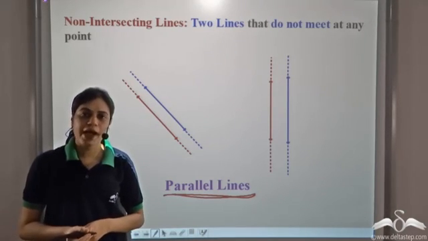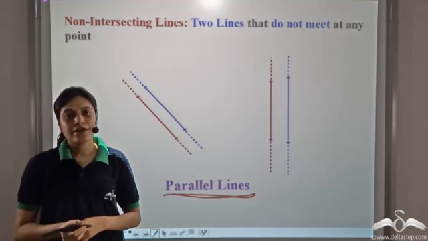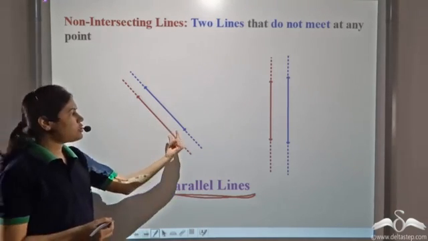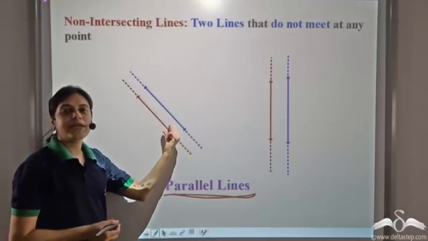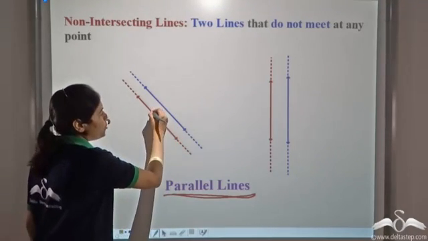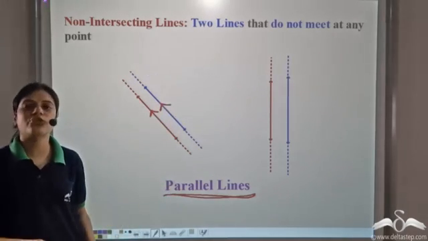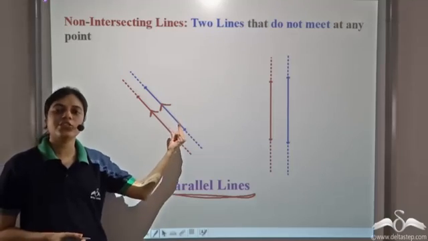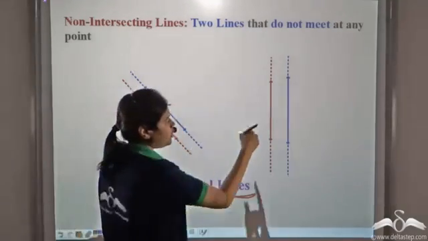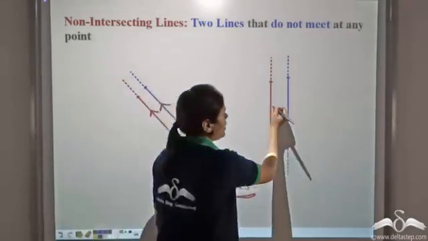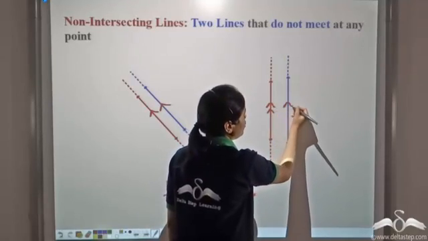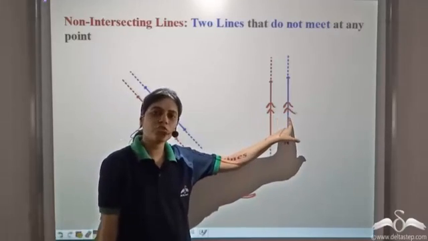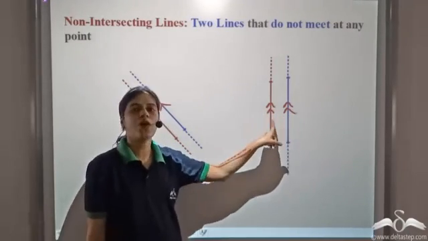And how do we denote parallel lines in a figure? Well, we denote parallel lines by drawing arrows on them. So these two are parallel lines. To indicate it in a figure, I draw an arrow on each of the two lines. So one arrow on each of the lines indicates that these two are parallel lines. Now to indicate that these two are parallel, I draw two arrows on each of the two lines. So there are two arrows on this line, two arrows on this line. Means that these two are parallel.